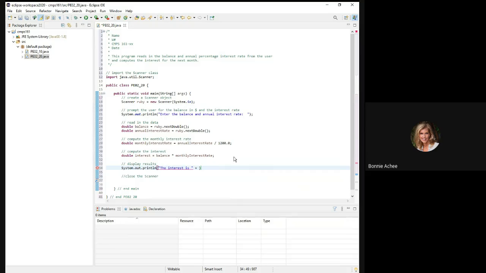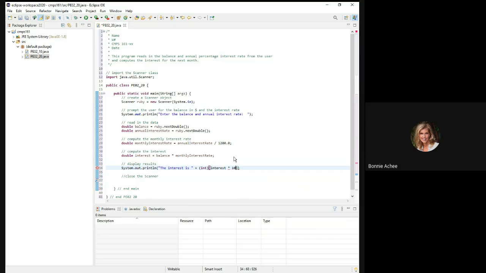Later we're going to learn how to report exactly 2 decimal places, but for now we're going to use that little mathematical trick, if you want to call it that, we learned from listing 2.8, where if you multiply a number by 100 and then divide it by 100, you get the same number. If you multiply a number by anything, divide it by that same number, you're going to get the same number. But because we want 2 decimal places, we're going to multiply by 100, divide by 100. We've got to use casting as well, and so we will use integer casting. We will multiply interest